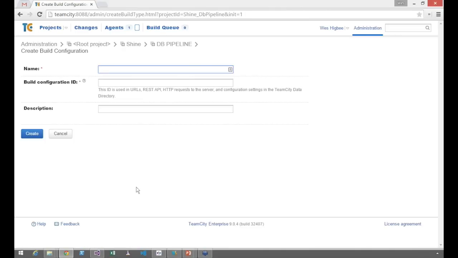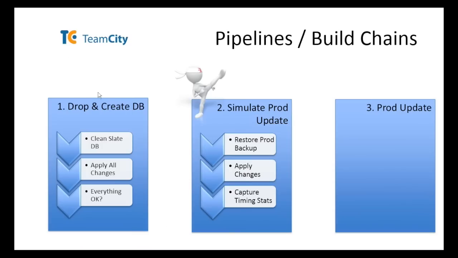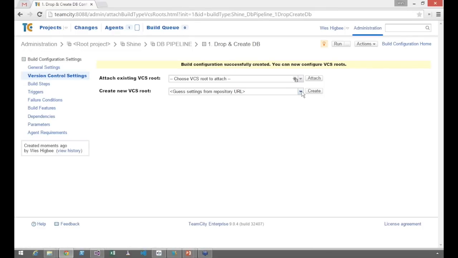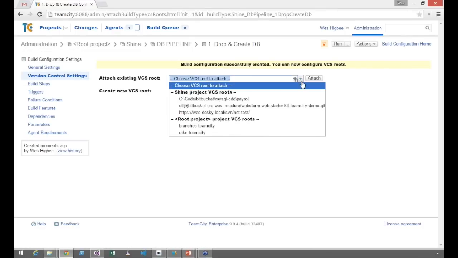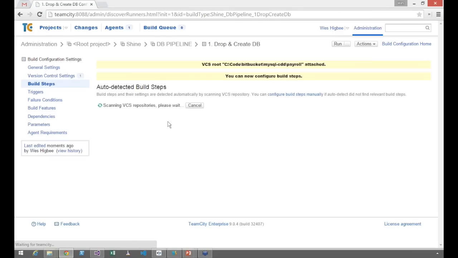I've already wired up a lot of this so that we don't have to set all of this up by hand for you guys. So we'll do first drop and create the database and get that level of feedback. So I'm creating a build for that very first block to just drop and create the database. Now in this case, I've already set up the repository, so I'm just going to attach an existing repository and work off of that. I've got this payroll database repository, and I'll attach that